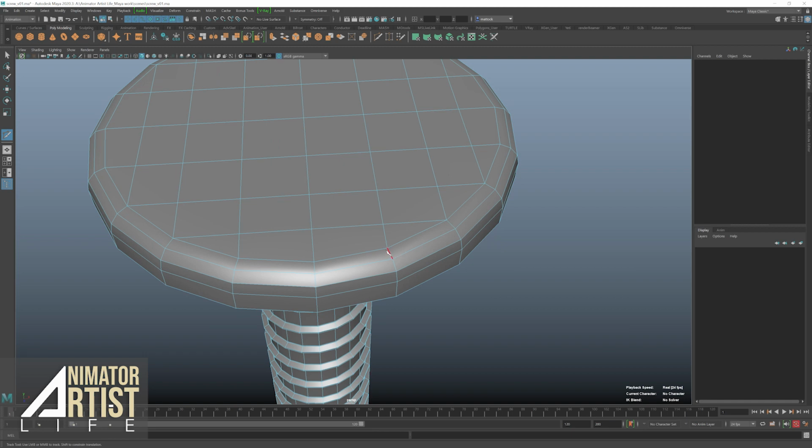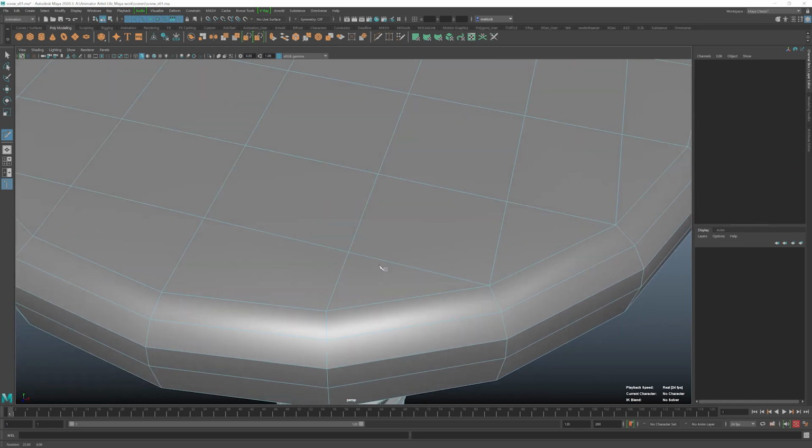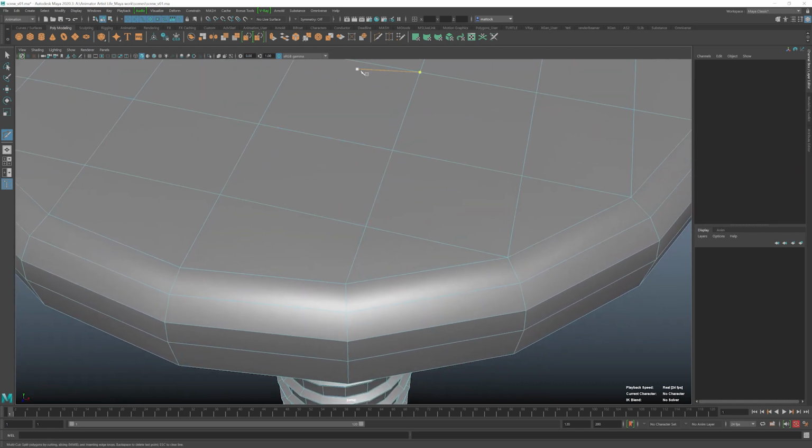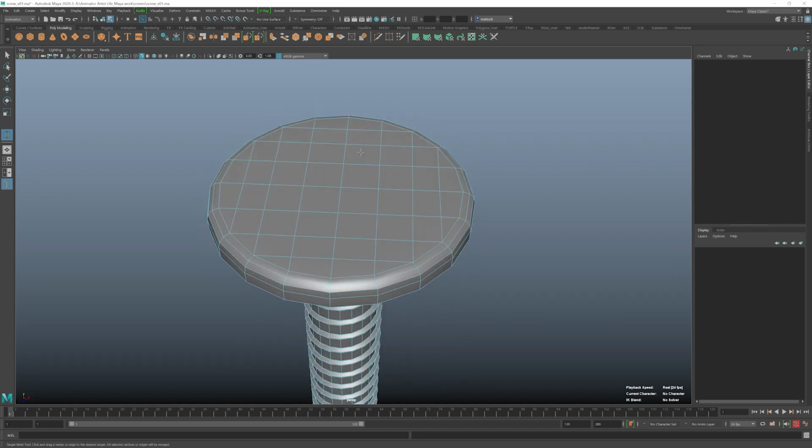If you do miss something, when you snap it, you might zoom in and see two tiny vertices or something. You're like, oh no, I've missed that. You can literally just use the weld vertices tool up here and weld them back together again. Okay, so let's see where we're going to cut in our